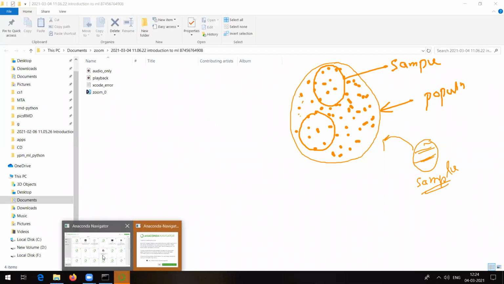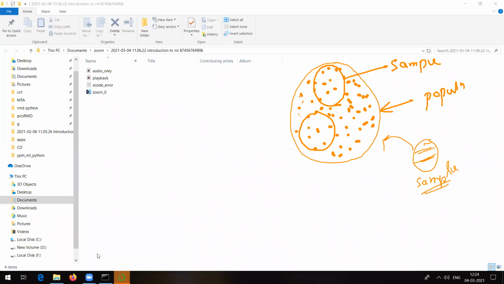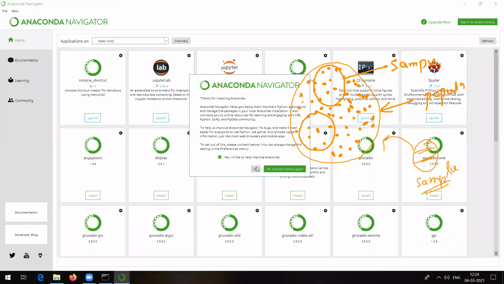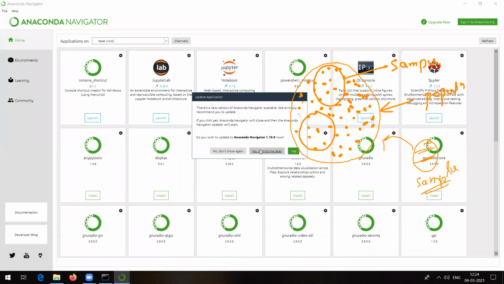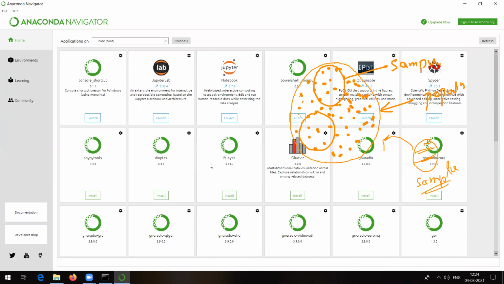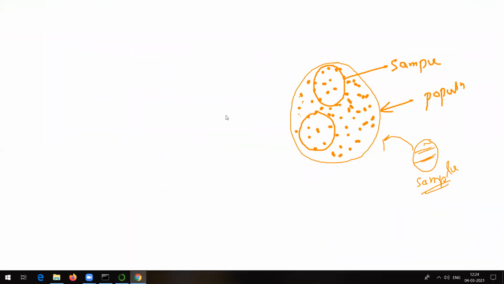It's like, suppose there are 100 students in a class. Now I want to tell them that there will be a class on Sunday. Me going to each one of those 100 students and telling them that there will be a class on Sunday is not at all feasible. Instead, suppose there are 10 groups in your class, and I know one student from each group. So I will pick 10 students randomly from those groups.